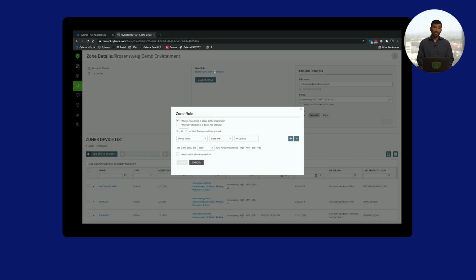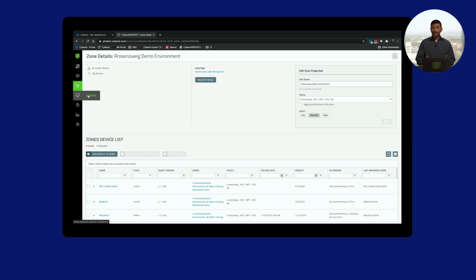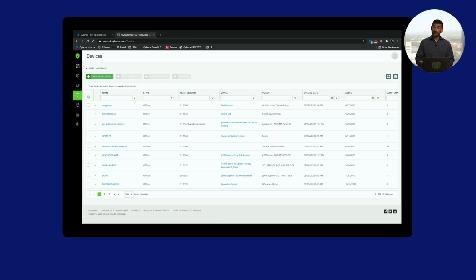A zone rule can be used to add new systems to zones, to move systems across zones, apply policy to those systems, and then also from an administrative perspective, make sure that you can only see those systems that you have the rights to be able to see, and also scope the reports that you need to extract from the security environment. Let's go ahead and take a look, though, at a system that's been online for some time now,